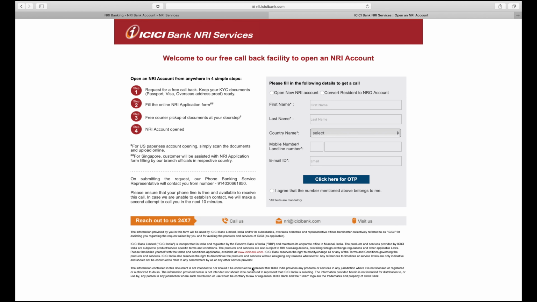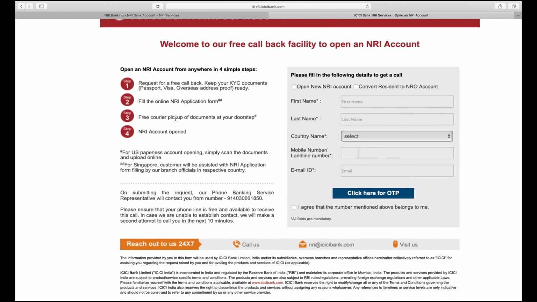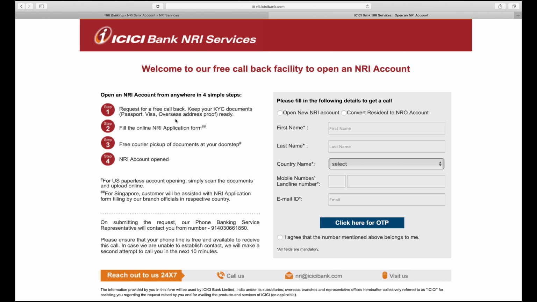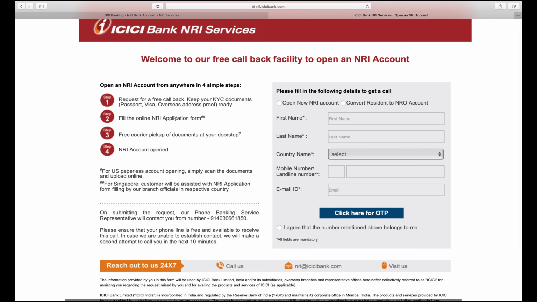Let me go to NRE savings by clicking this apply now button. You will come to this page. Here ICICI Bank has simplified the way of creating an NRE or NRO bank account. These are the different steps involved. First, get ready with your passport, visa, and overseas address proof. Step 2 is to fill the online application form, which is this one.